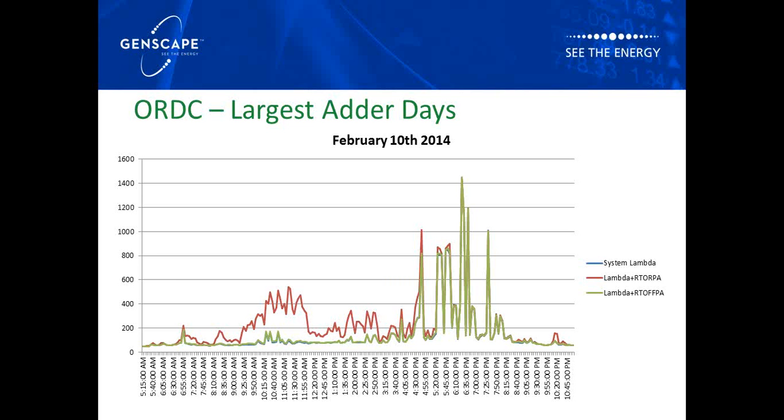And you can see that there was a significant price adder in the morning. But then as we moved into the afternoon and we were seeing $1,000 pricing, there was very little price adder, and that's because we had very little reserves. So there's two example days there. I kind of just show you potentially what we could see in the summer. If we have really high demand and low reserves, we're probably not going to see that much price adder. And it really is only on volatile days where we're really going to see this.